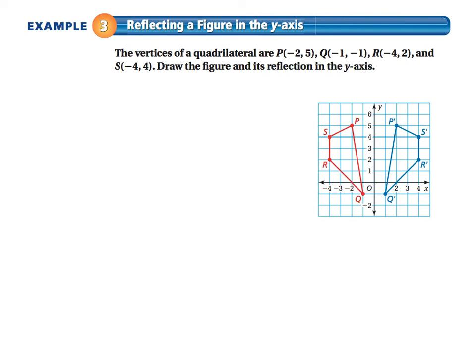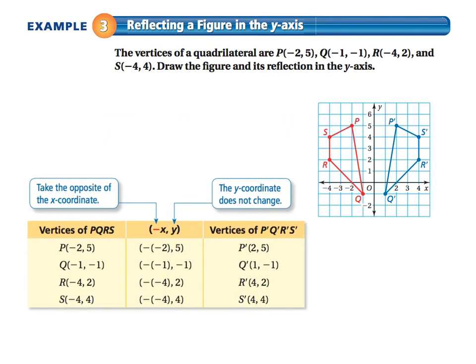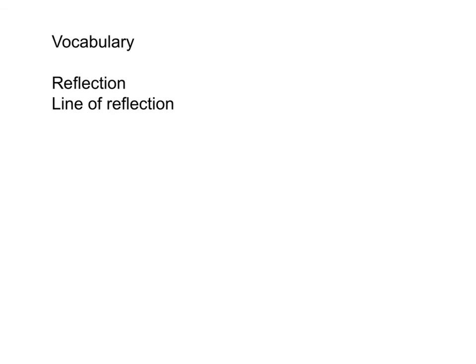So remember this. I can't stress this enough. You take your coordinates. Here they all are. If you're reflecting over the y-axis, you take the negative value of the x. So you take the negative value of -2, it becomes 2. Negative of -1 is 1, and so on. And these become the vertices of quadrilateral P', Q', R', S', which is represented by the blue figure. So your vocabulary are these two words: